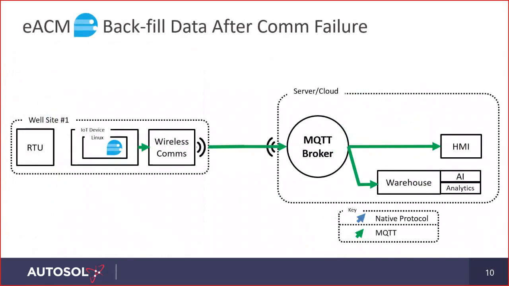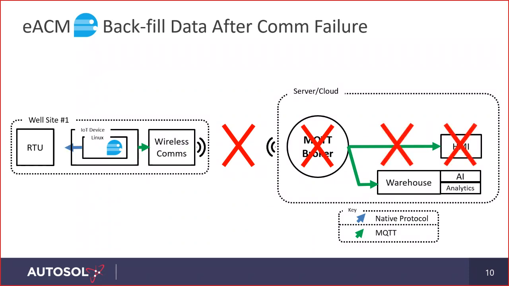eACM also has the ability to do backfill after communication failure. And for the sake of this conversation, I will divide those 4 different triggers thusly. Basically, if the field device loses connection to the server or cloud, or it detects that the broker went down, or if you set up something called a primary host ID onto one of the MQTT clients. So for this example, I'll pretend this HMI is my primary ID I want to watch out for. eACM can detect if the broker lost connection to that HMI or if the HMI itself went offline. If any of those 4 conditions are met, eACM is going to continue to poll the RTU or PLC as if it still had the connection,